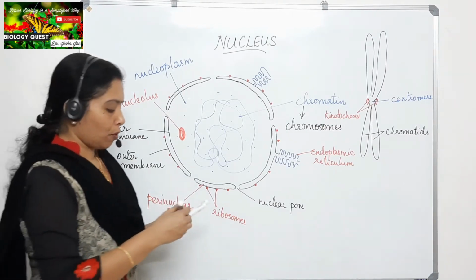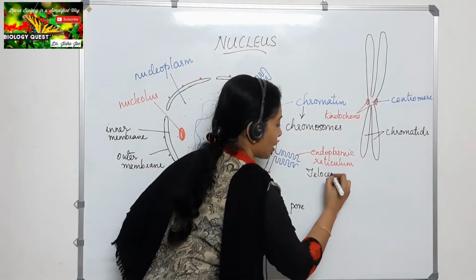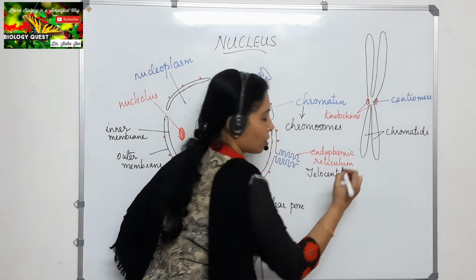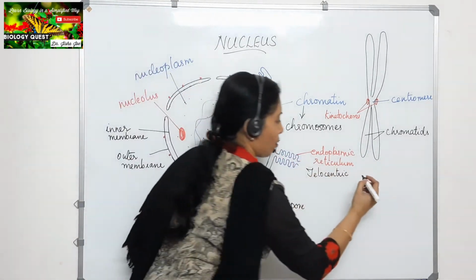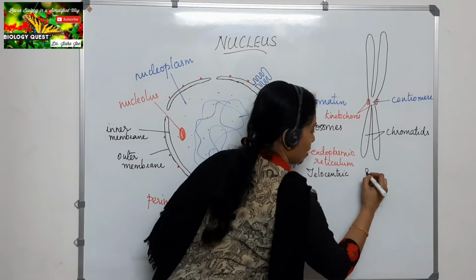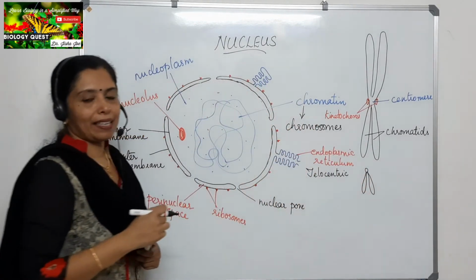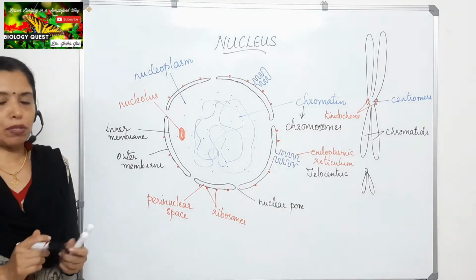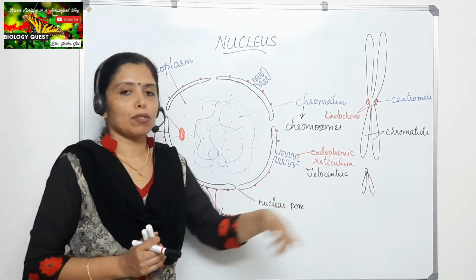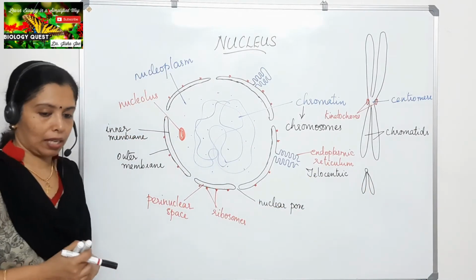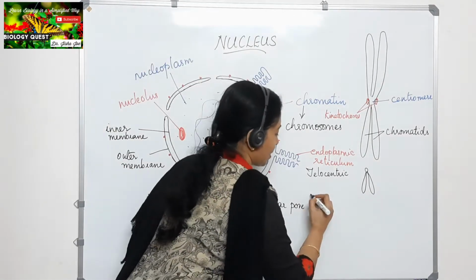The first type of chromosome is telocentric. In a telocentric chromosome, the centromere is located on one end of the chromosome. That is, it will appear like this. That is the centromere at one end of the chromosome. That is, the centromere is terminal. So, such a type of chromosome is said to be telocentric. Okay, the second type of chromosome is acrocentric.